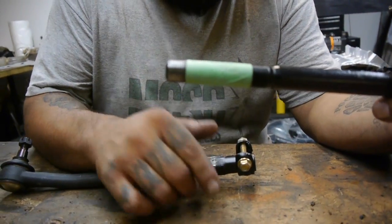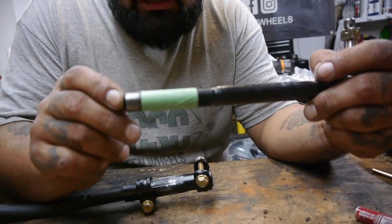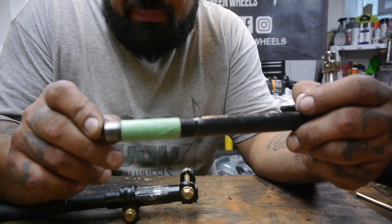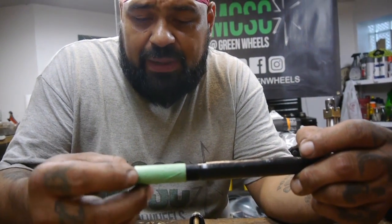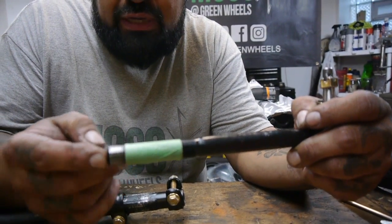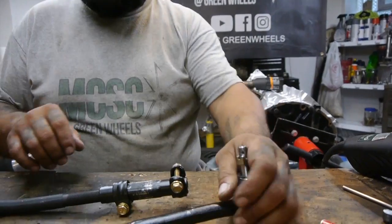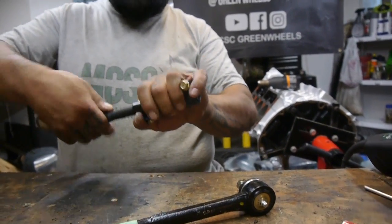So right now what I just did, I did a little practice cut, and what I realized is on both my inners and outers, I have about this much more space than the originals. The originals are about this much shorter. Where my green tape ends, that's where the original would end. So I have about a good 3/4 of an inch extra. Explains what's going on. So what I did, I took my tie rod here,